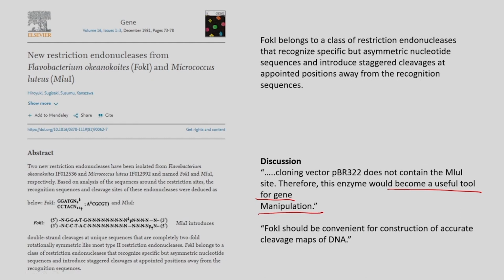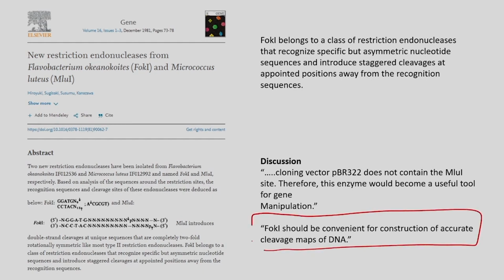And they could not anticipate the potential of FokI much, and they concluded that FokI should be convenient for construction of accurate cleavage maps of DNA because FokI cuts non-specifically. So, with this, however, the scientific world came to know about the existence of this particular enzyme FokI, and soon it was forgotten. The discovery was sometime around